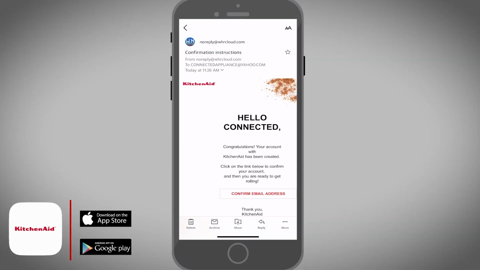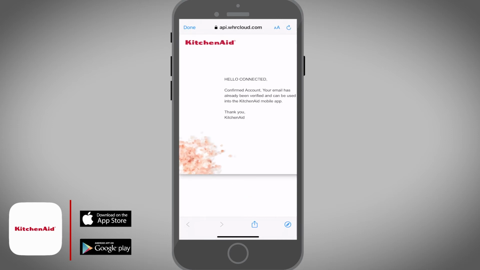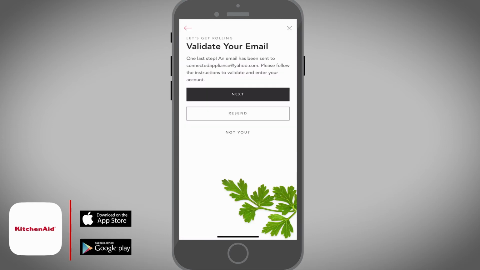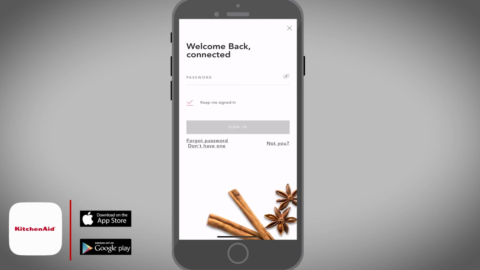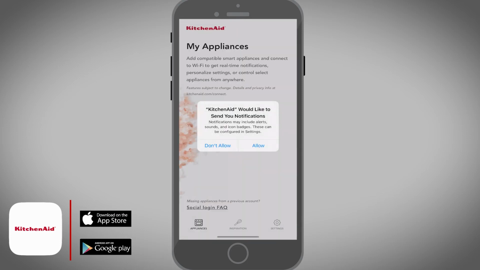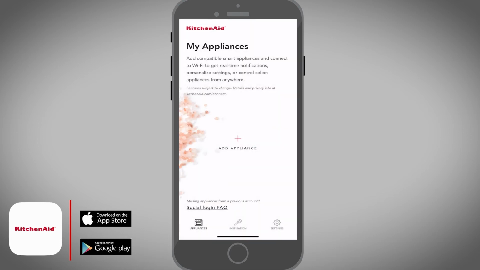Now open the email and tap on confirm email address. Once the account is confirmed, go to the KitchenAid app and tap on next. Enter your KitchenAid app password and then select sign in. Tap on allow on the pop-up. At this point, we have created an account in the KitchenAid app and you are now ready to start adding